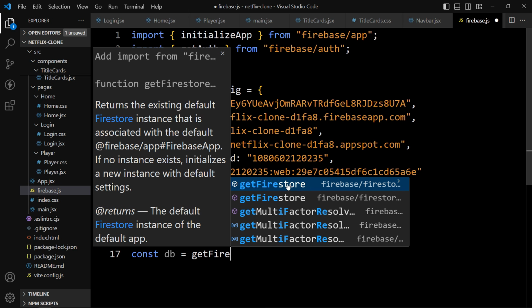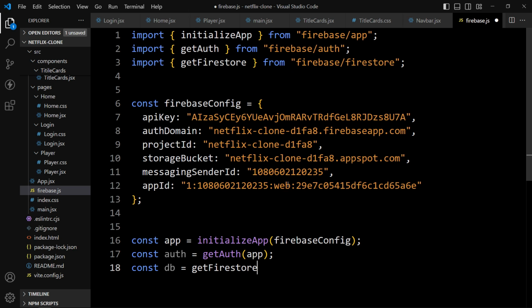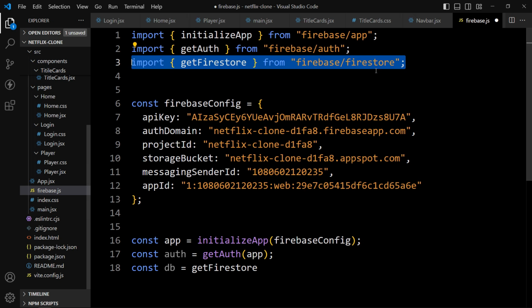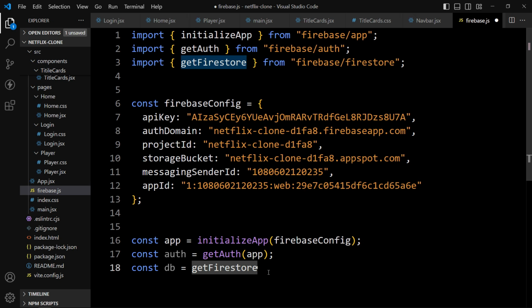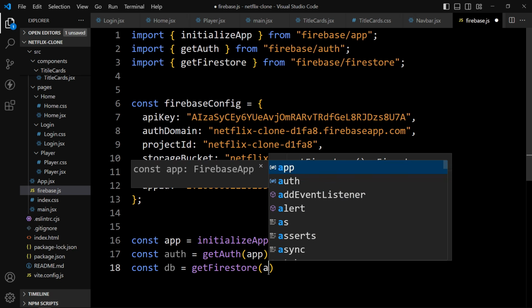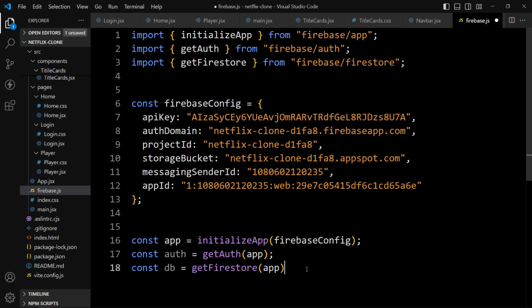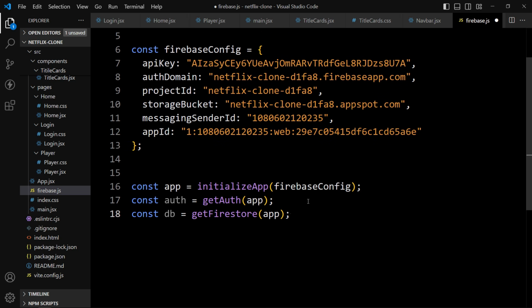Select this one, getFirestore, and it will get imported from this Firebase Firestore package. You can see in this line. Now in this one, we have to provide the app. So we have initialized the authentication and database.